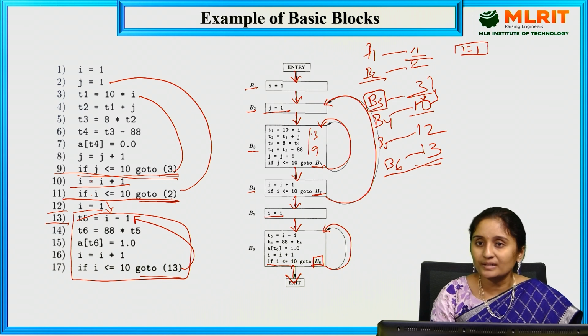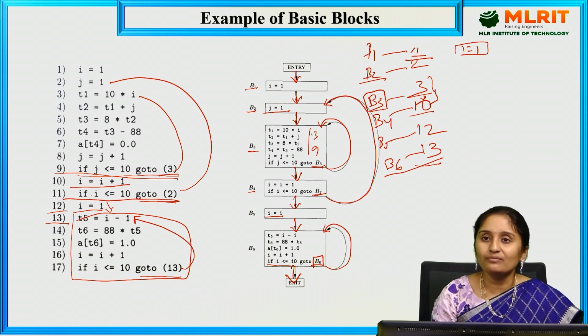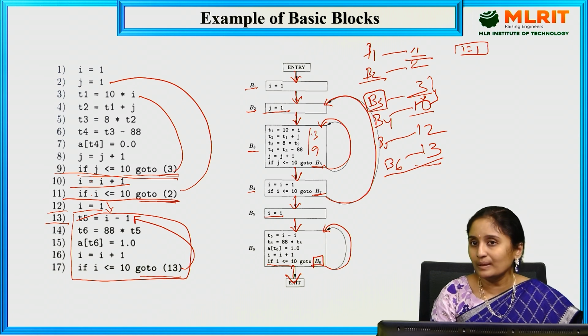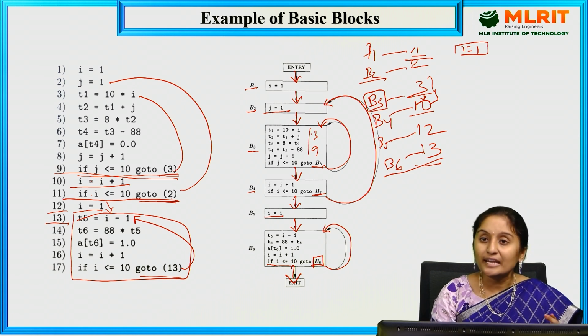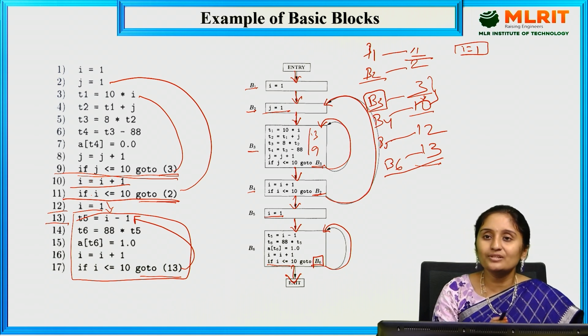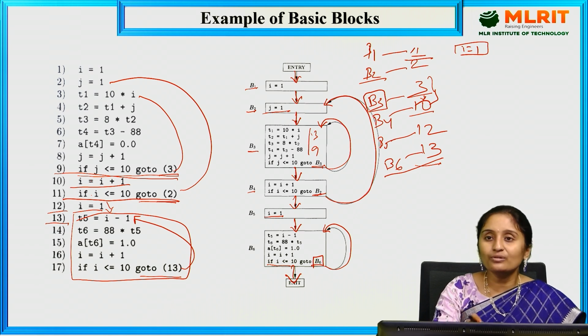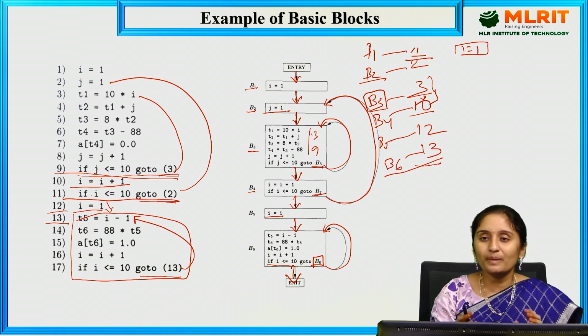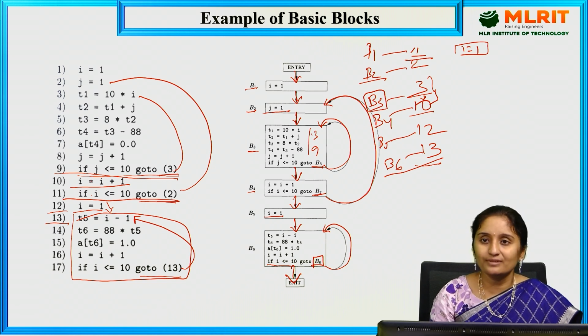We are going to partition it. So while partitioning it, we are going to first identify the leaders. How many leaders are there? The first statement itself will be the leader, and next we are going to find whether any conditional jumping is there. The target of the branching instruction will also be a leader, and the statement next to the branching instruction will also be a leader. So first we are going to identify the leaders, then afterwards we are going to construct the basic blocks. After constructing the basic blocks we are going to draw the flow graph. Nothing but for the basic blocks we are going to plot how the control should flow. So these are the topics which we have discussed here. Thank you.